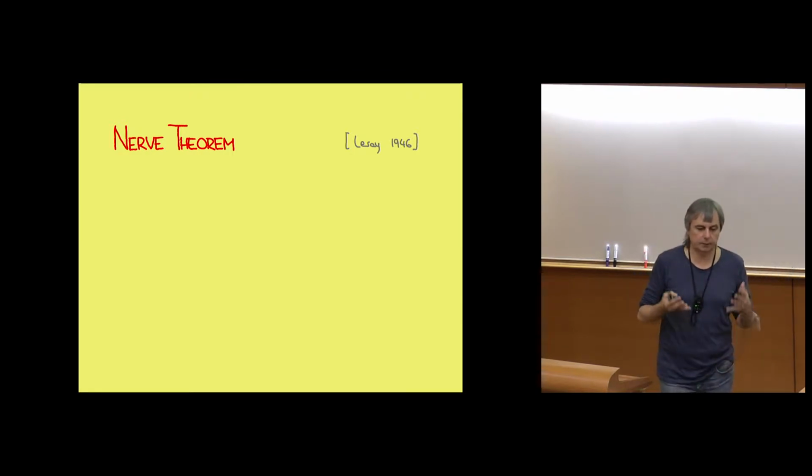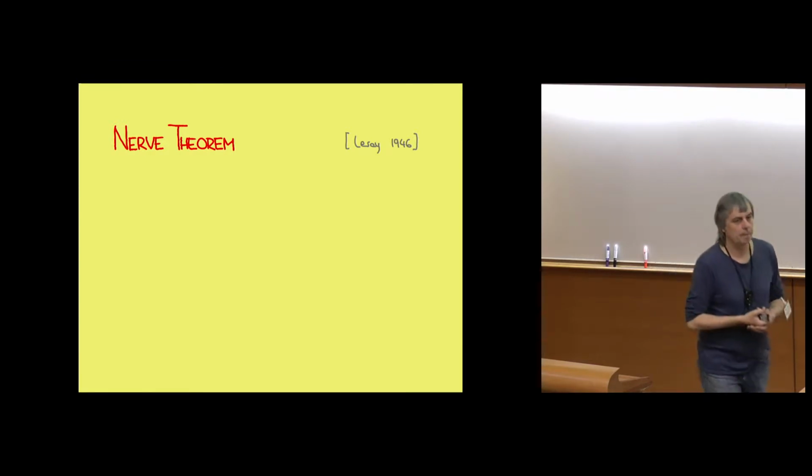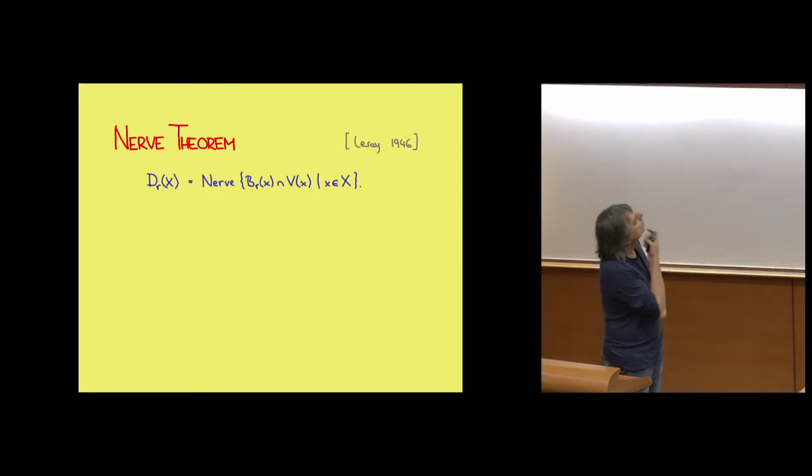It says if you have geometric sets such that the intersection of any subset is either empty or contractible, then the union of the sets has the same homotopy type as the Nerve. And we're in this situation because our sets are all convex. Convex, the intersection is again convex or empty. Therefore, we have homotopy equivalence. Okay, so I just wanted to state this.